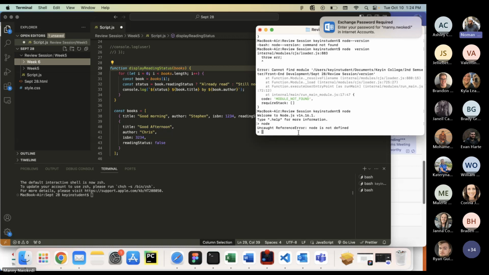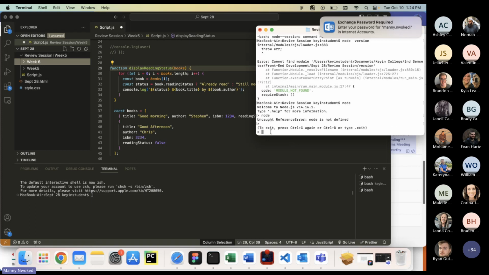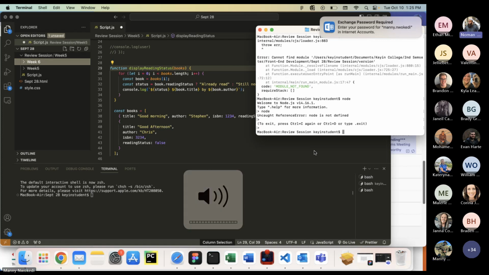Can you do one thing? Can you again, Manny, press Control or Command C here? Command or Control C here, like in the terminal, yes. Command C or Control C. I don't see you hitting any keys. Yeah. Command C or Control C. Nothing happening. Yeah, again Control C. One more time Control C. Wonderful.